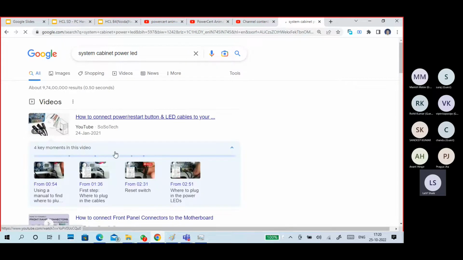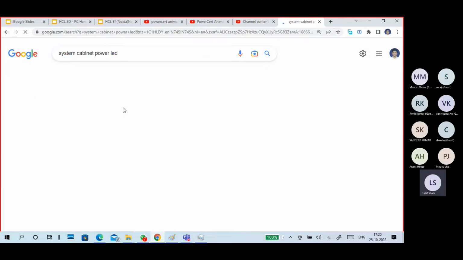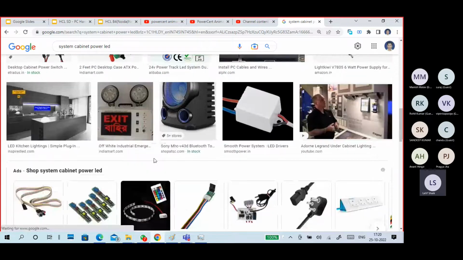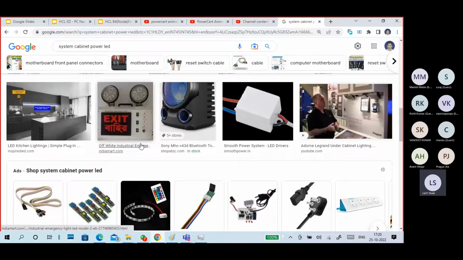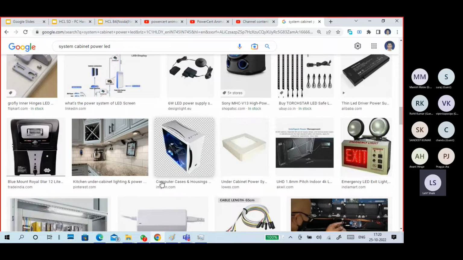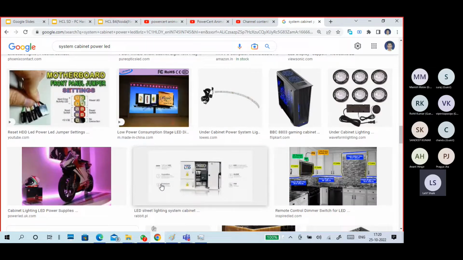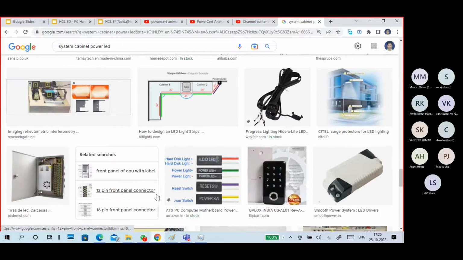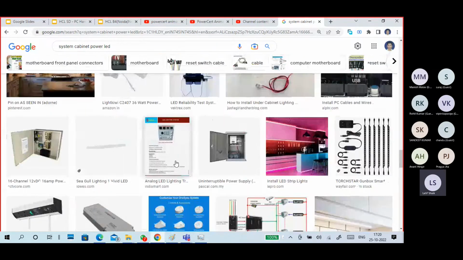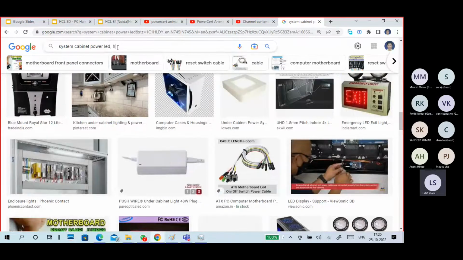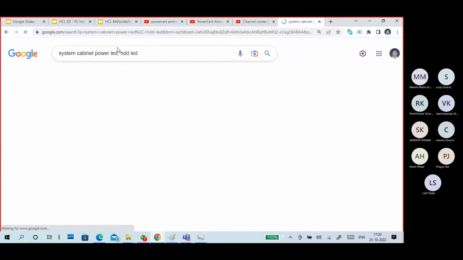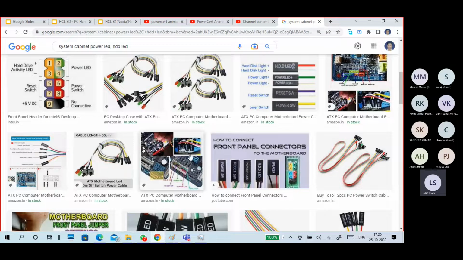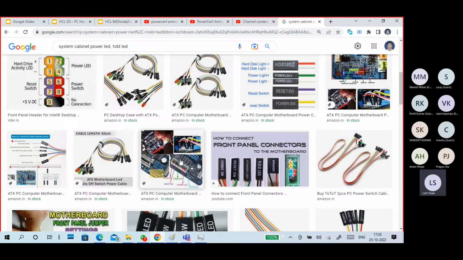there is a power LED on the cabinet. On the cabinet, you can see the power LED will blink. Power LED blinking indicates power supply is there, so there is no problem with your SMPS. Power supply problem is not there. Okay, but the hard disk LED is not showing clearly. It is showing connectivity, because a lot of people have a doubt about the connectivity